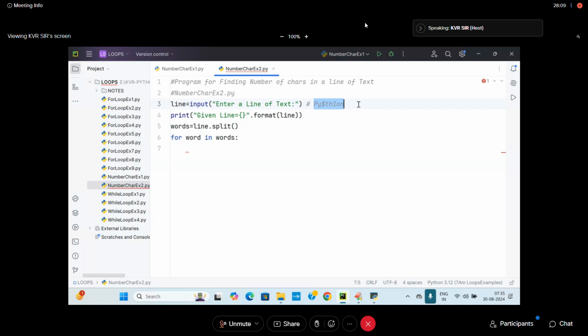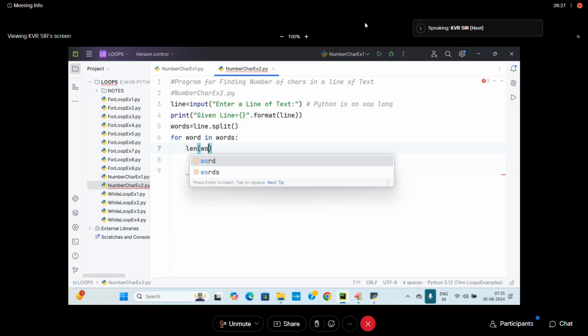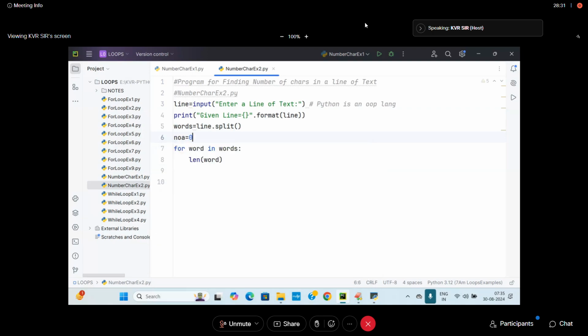In that word, what will be coming? Suppose, for example, I am writing "Python is an OOP language". This is the data we are taking, and that word I am taking. Generally, what will I do here? len of word I am going to take up. What I will take in the beginning? NOA is equal to 0. I am writing NOA is equal to NOA plus